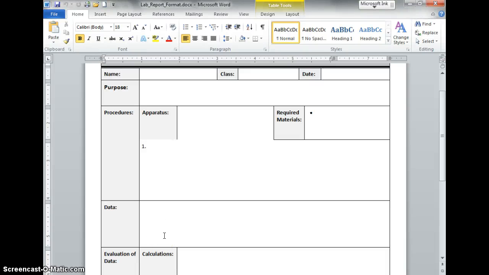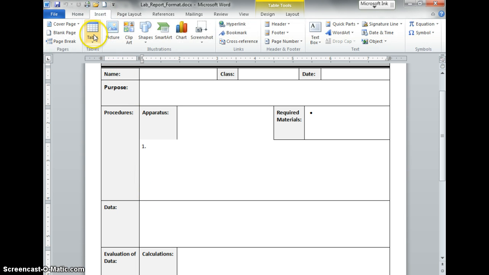This screencast will explain how to insert a data table and a graph into your lab reports if you have forgotten how to do so. Let's start with a data table. To start with, you'll want to click in the data box, go up to the top of your screen and select the Insert tab, then select Table,